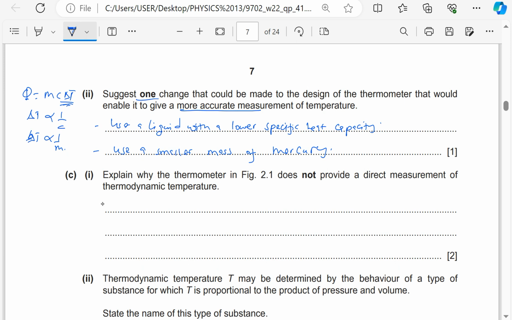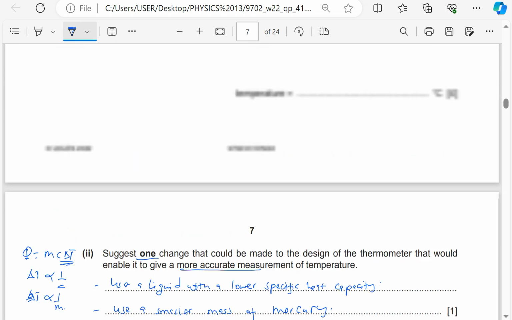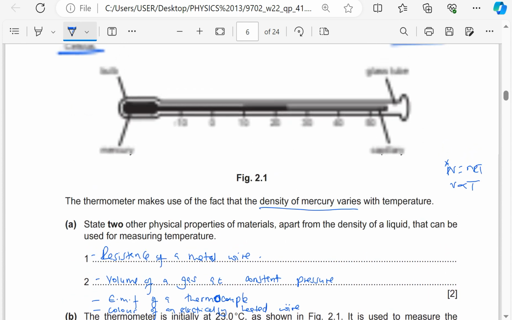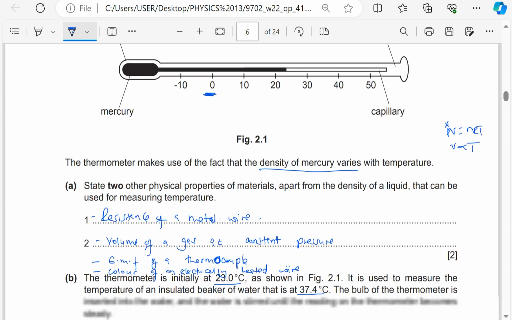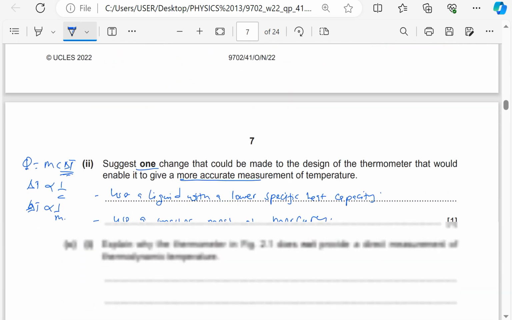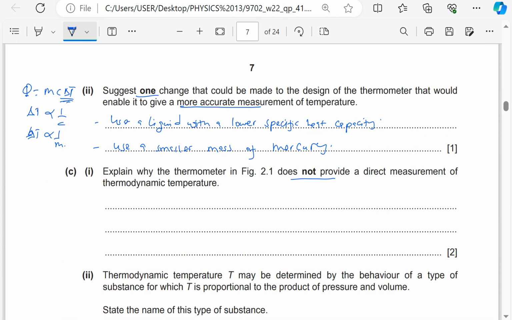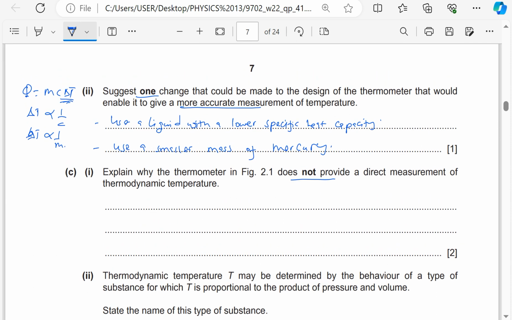Explain why the thermometer in the figure does not provide a direct measurement of the thermodynamic temperature. So this one does not provide a direct measurement of the thermodynamic temperature. First of all, the Celsius scale, 0 degrees Celsius is not the same as absolute zero. That is in the first place. And of course, the temperature on this scale depends on the properties of a real substance. Yet the temperature on the thermodynamic scale does not depend on the properties of a real substance. So I'll simply say the temperature